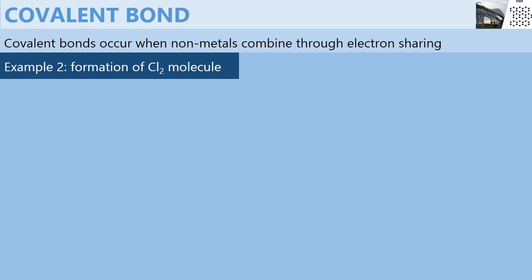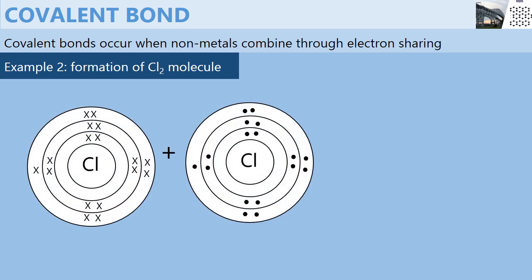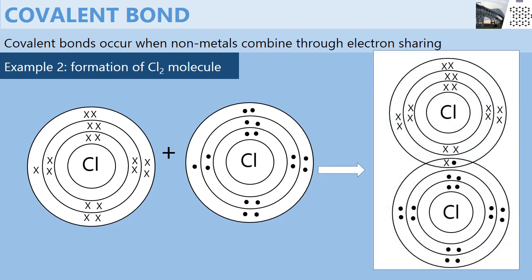The next example is the formation of the chlorine molecule. Now each chlorine atom has 7 electrons in the outermost energy level. It requires only 1 electron to obtain a stable configuration. But in this case, instead of gaining 1 electron, the two atoms decide to share the electrons. And when they share the electrons, they each obtain a configuration that is stable, as follows. So the shared electrons that are located in this position